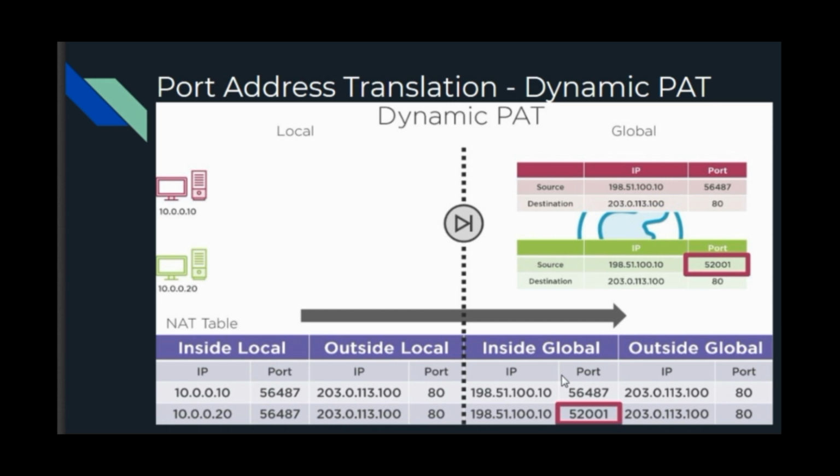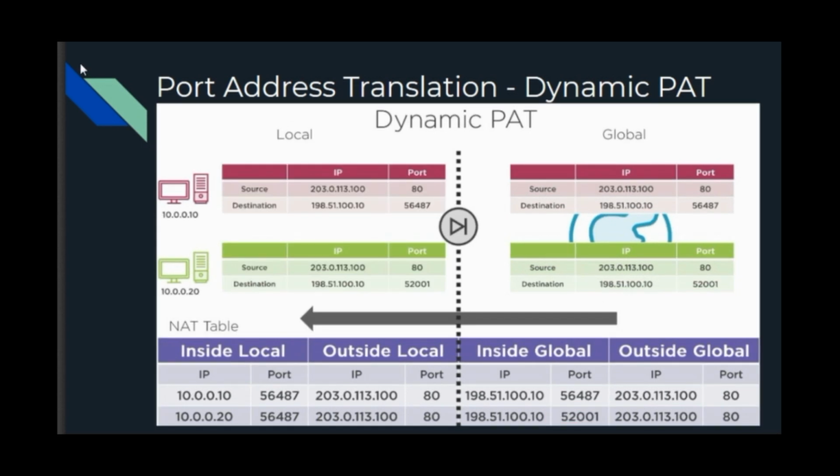Port address translation means changing the source port. Okay, so you can understand now. This is our WAN IP address, and this is the port. This is also our WAN IP address, changed with another port because it creates a session at the same time, and then the outside global IP address and ports.